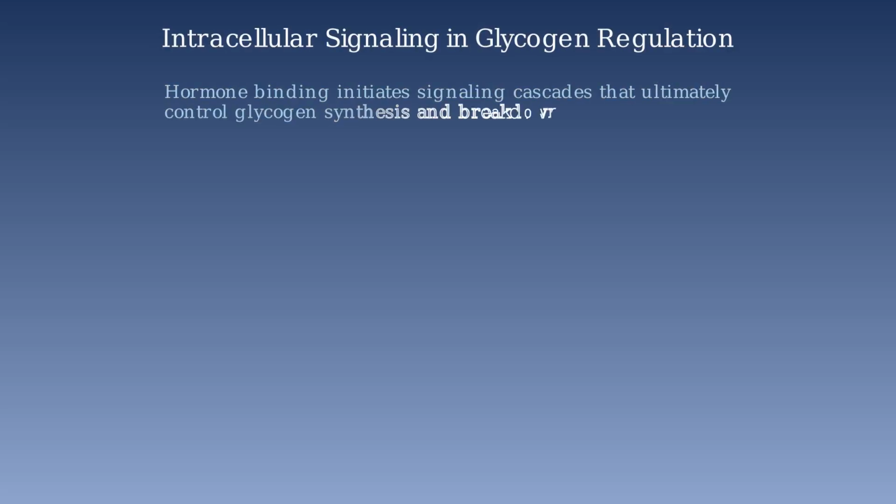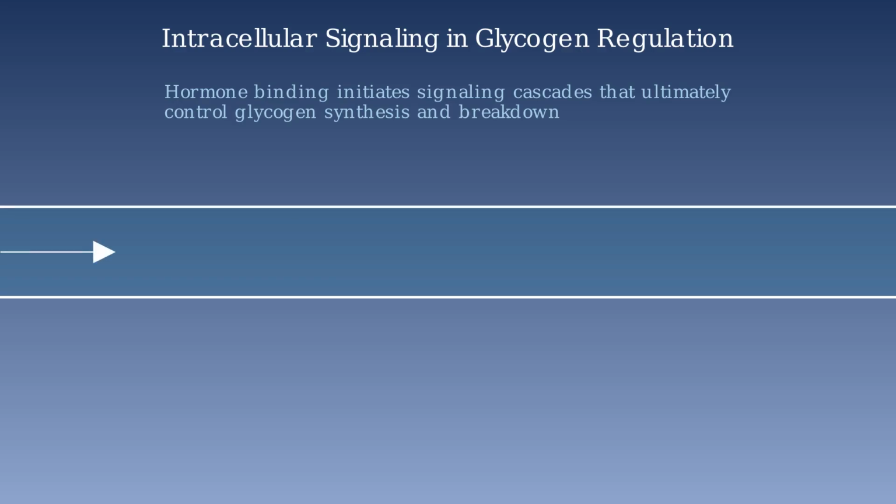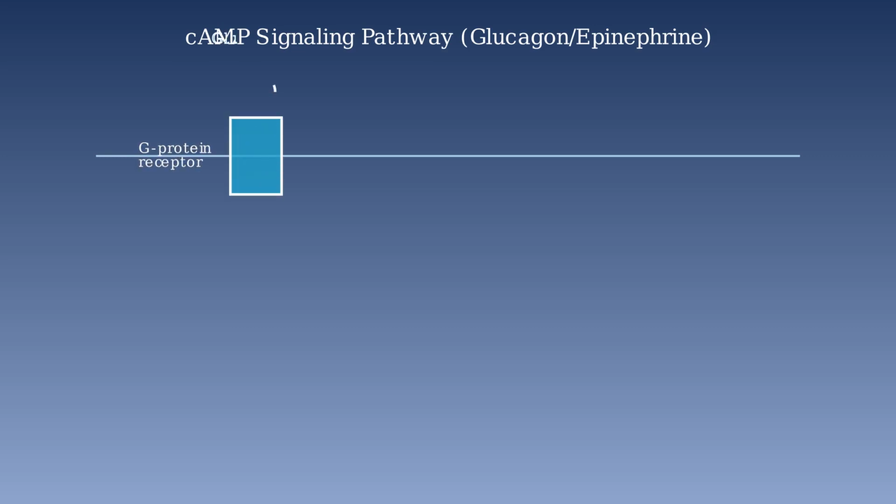Intracellular signaling in glycogen regulation involves complex cascades that translate hormonal signals into enzymatic actions. When hormones like glucagon, epinephrine, or insulin bind to their receptors, they initiate signaling pathways that ultimately affect glycogen metabolism. The first pathway we'll examine is the cAMP pathway, triggered by hormones like glucagon and epinephrine. When glucagon or epinephrine binds to a G-protein-coupled receptor on the cell surface, it causes a conformational change in the